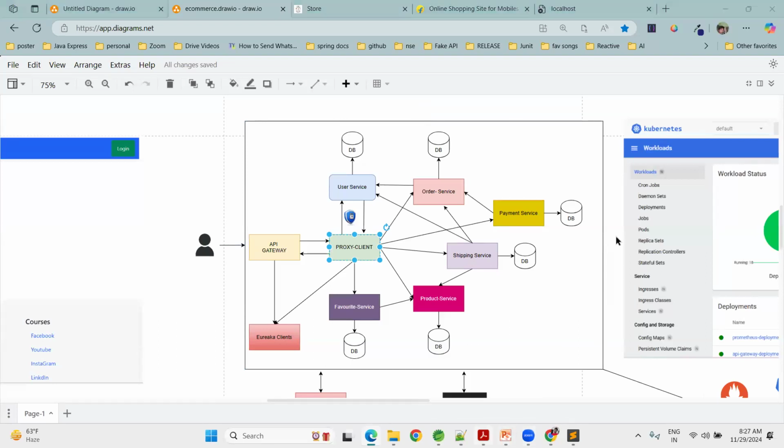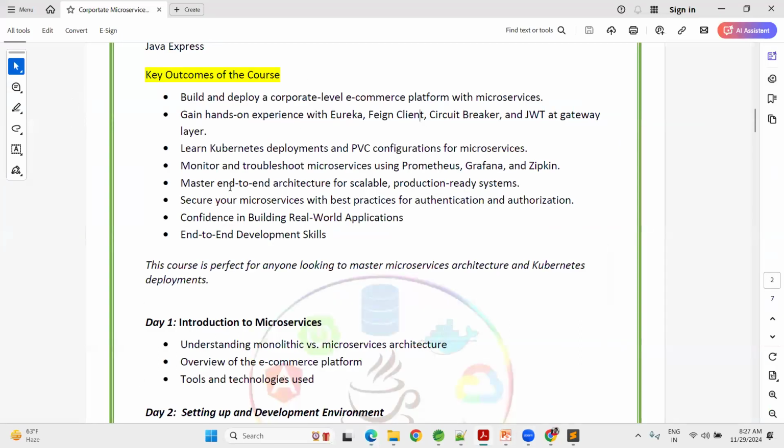That is another thing you need to remember. And you will learn Kubernetes deployments, manifest files, configurations, secrets, and another advanced concept called PVC configuration, persistent volume claims for microservices, meaning our database concepts. When you deploy an application to the Kubernetes layer, this is mandatory for a database. Why? Because your pod,